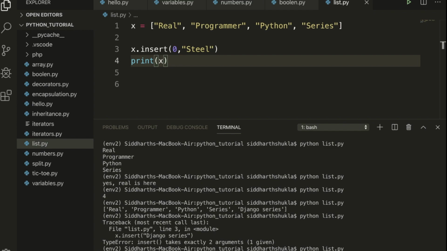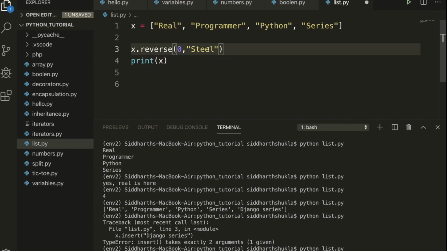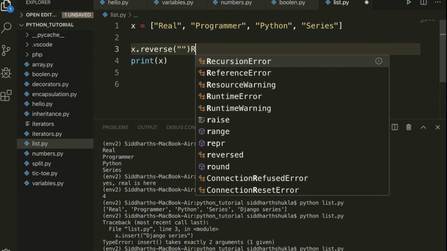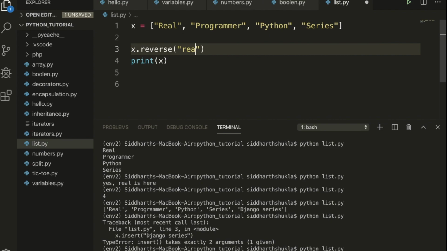still real programmer. We have the append here, where we have the inserted here still real programmer. We got the result here. And also we can remove something like remove. Suppose you have something like that, I want to remove real. One second, real